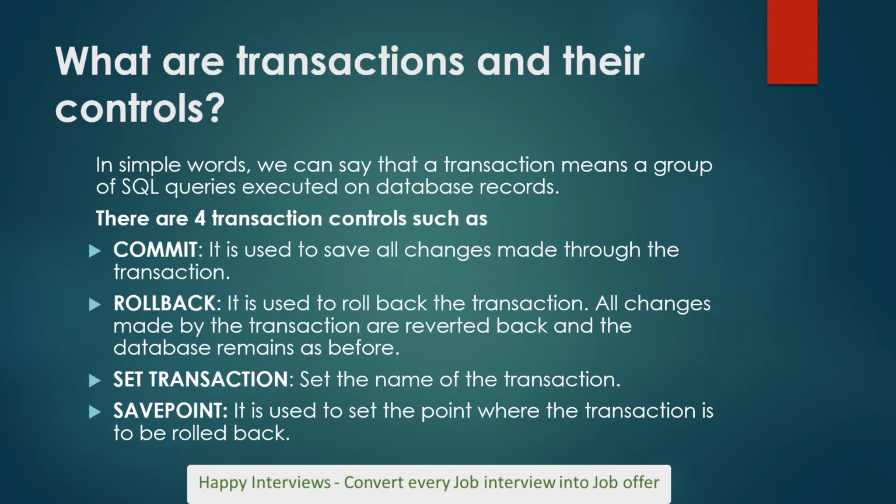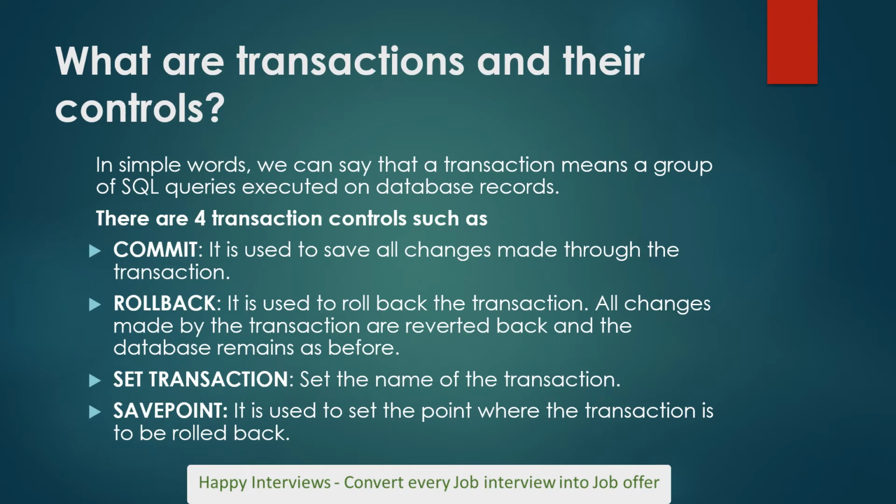So you can make your save points, and whenever there is a rollback, it goes up to that point. What's the difference between rollback and save point? If there is no save point and you roll back, then everything is set to the initial state, like 0. But with a save point you can mark that up to this point everything is good. If you go further and anything goes wrong, then you have to come back to this point. And other than that, I explained all the four.